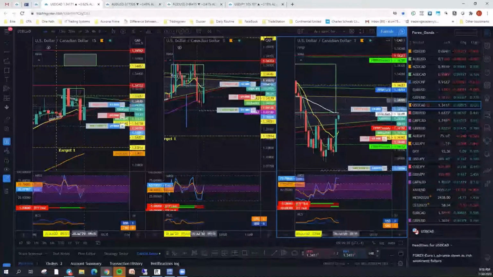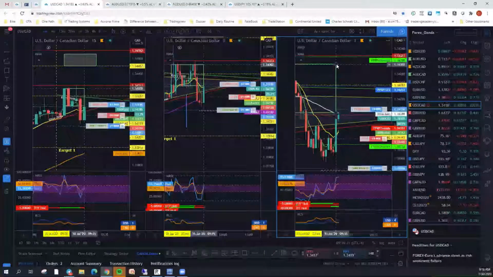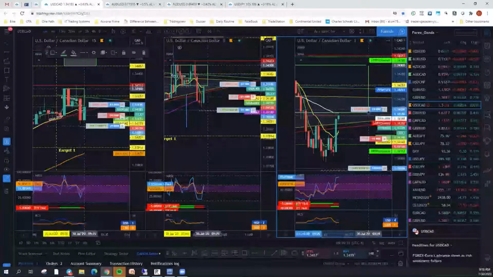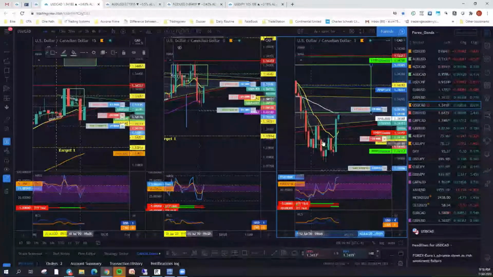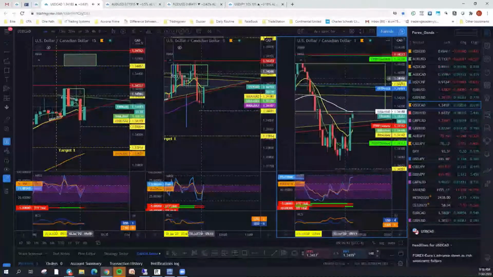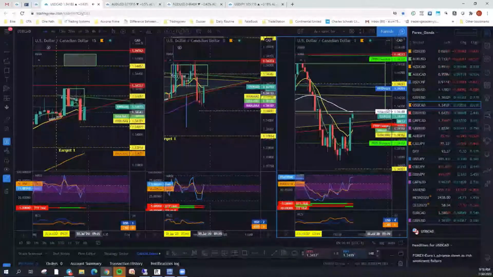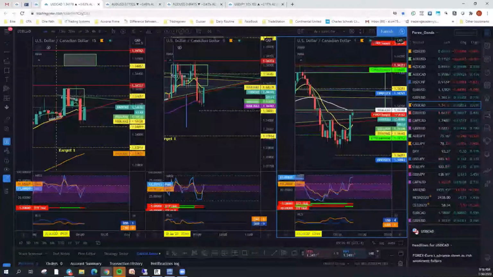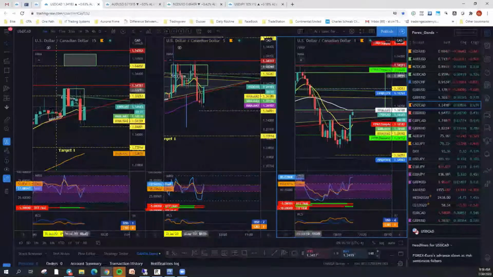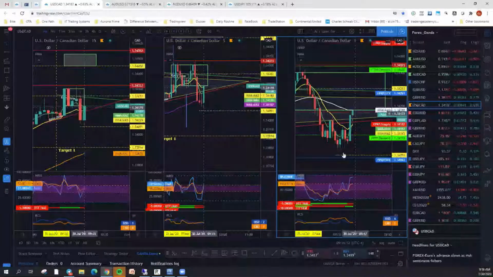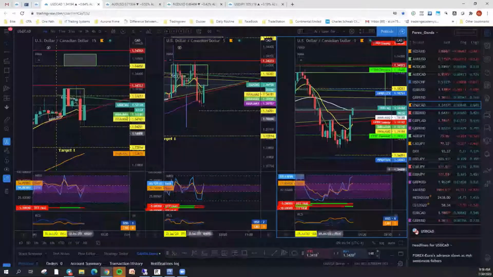Just be a nice pullback. We'll see. This is our box that we had. Still holding that. It broke out of our box, so right now it's sort of trending. It started a little bit of a trend. And with this nice move down here out of the wedge and coming back into it, we'll see what kind of a retracement we get with that.